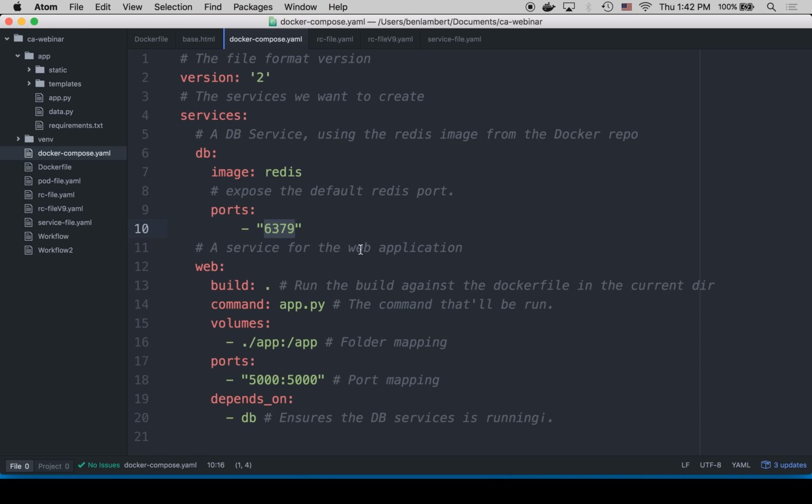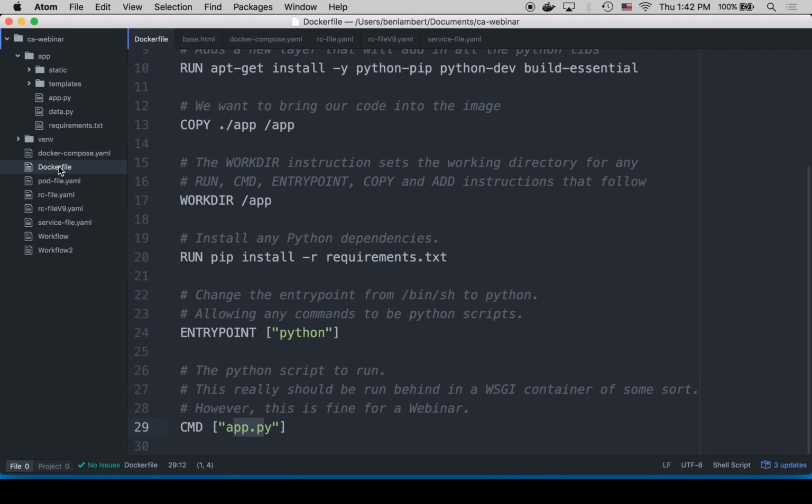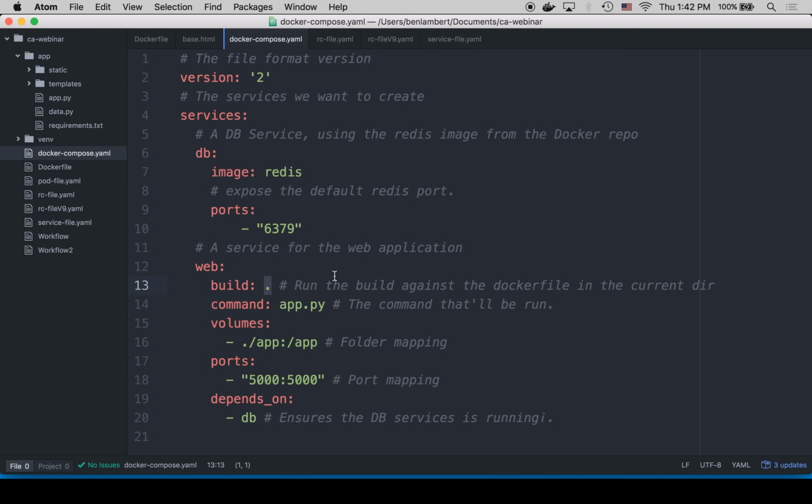And then we want a service for our Flask application. We're saying build, and then we pass in this period. All we're saying to this is use the Dockerfile to build this. It's the same file we used when we created the Docker image before. The command is going to be the app.py, and then we're going to specify volumes. We're going to mount our app to /app. We're going to expose port 5000 to 5000 on our host versus our container, and then we say depends on,